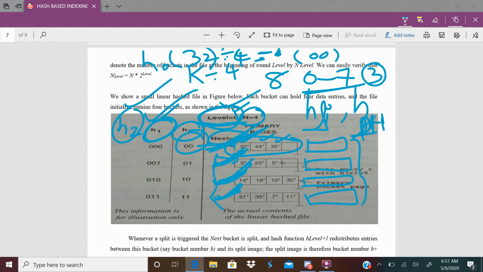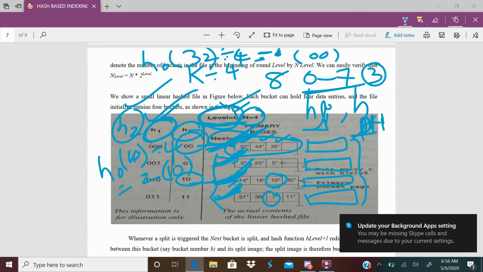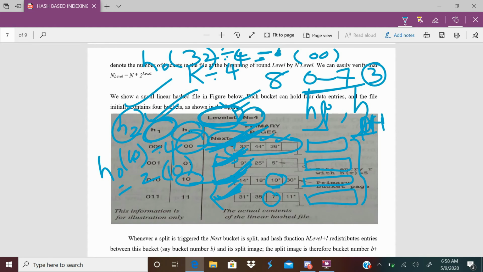Let us say 10. h0 of 10 is 10 modulus 4, which is 2. 2 in binary is represented as 1 0, so 10 is placed according to the hash value 1 0. Similarly, 7 modulus 4 is 3, which in binary is 1 1.